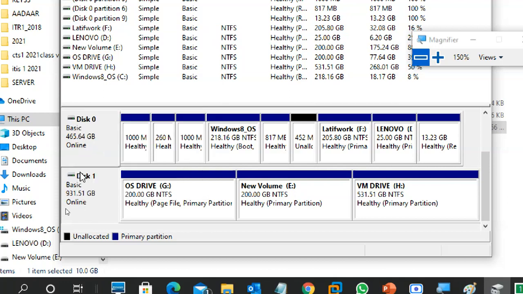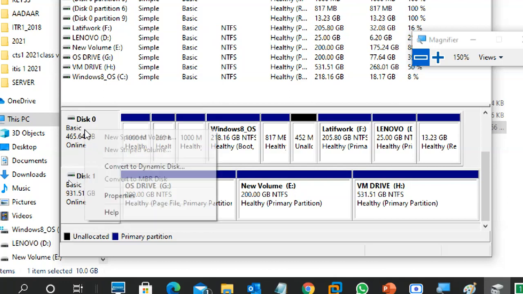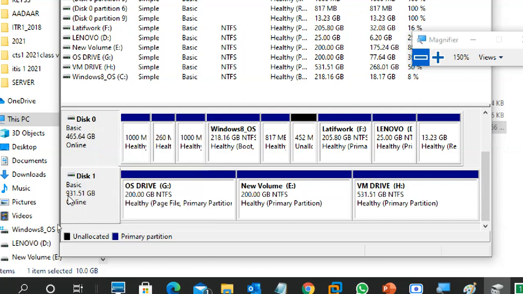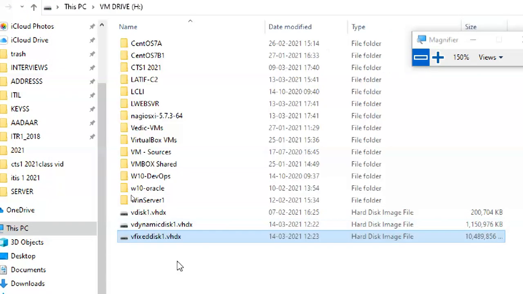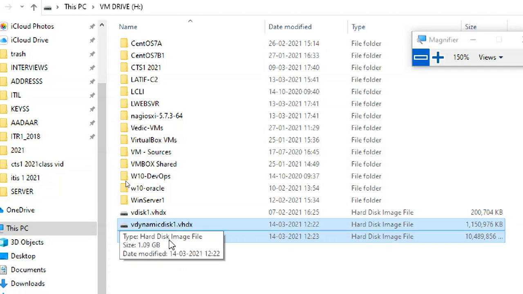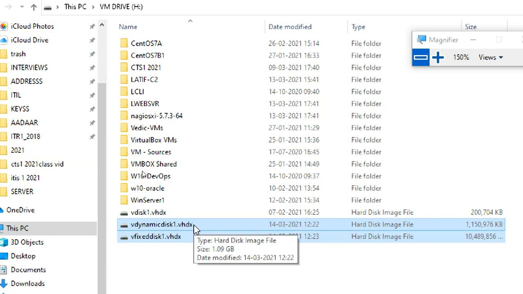No detach option. This is also a physical drive, you can't detach it. And a virtual hard disk we can also use like a physical hard disk. Like you put data in a physical hard disk, you can put an operating system also.